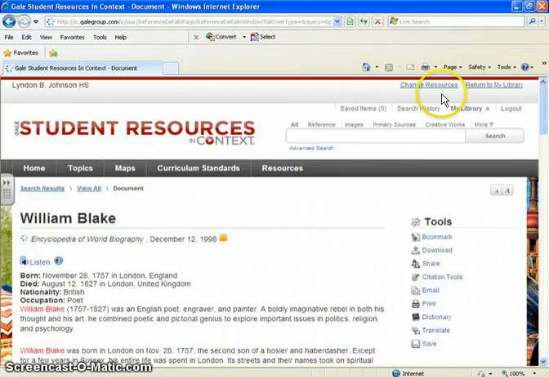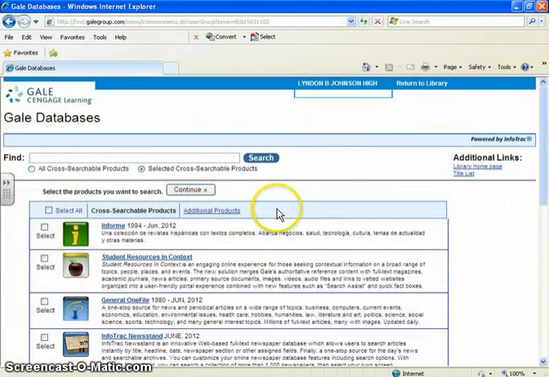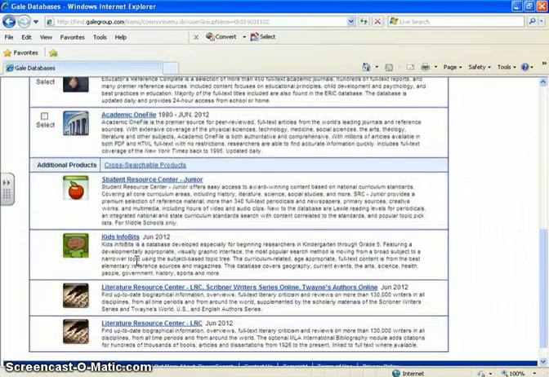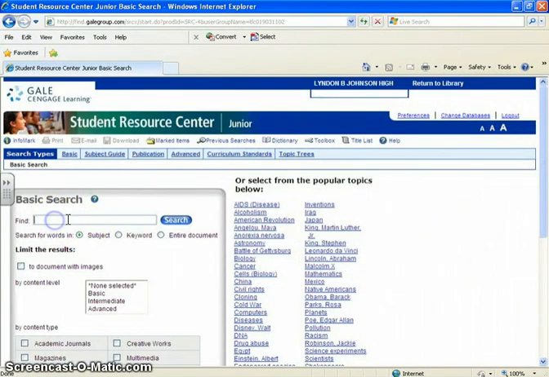To switch to another database, you simply change resources up here. We just looked at Student Resources in Context. The other one I want you to see is Student Resource Center Junior. These articles are a little bit easier to understand. They're not as complicated. And again, you type in your author or your subject,